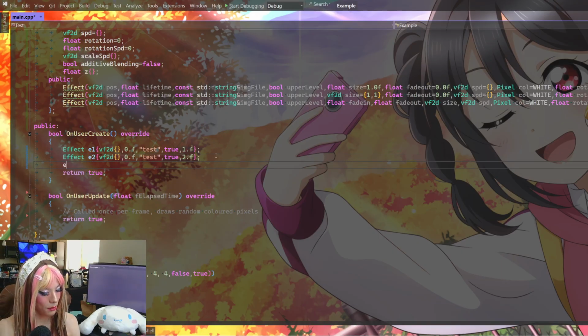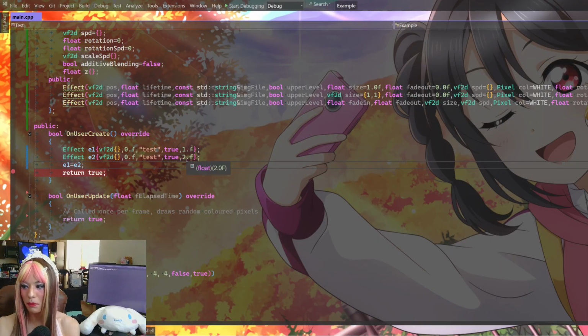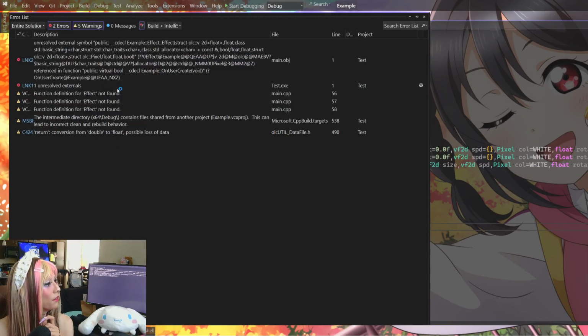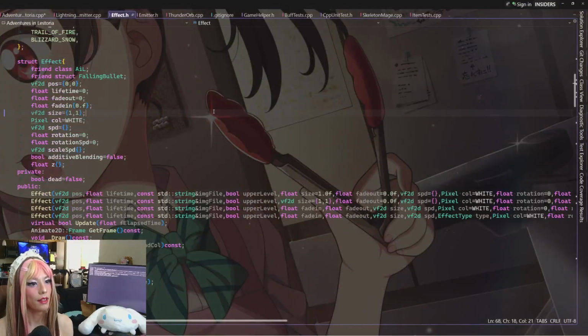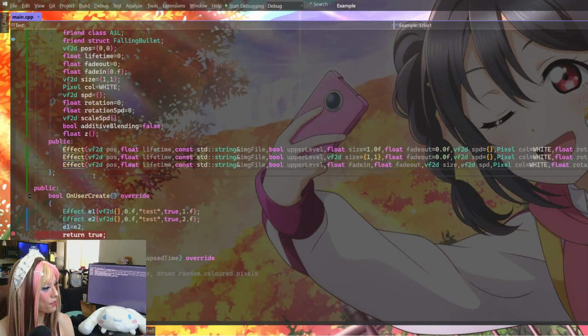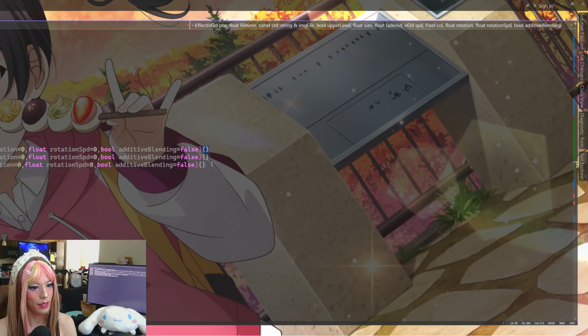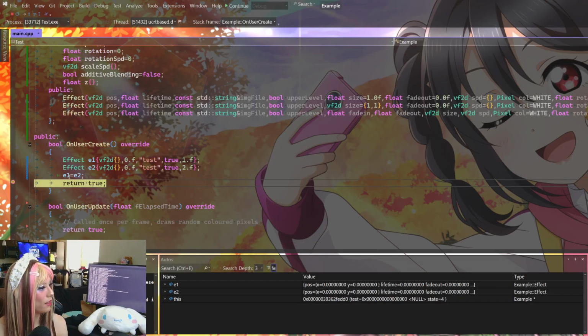Okay. Let me just say E1 equals E2. It looks like IntelliSense is happy about that. So I guess it's copyable as long as all the members in it are copyable. What is this? Effect. Example, effect, effect. Oh, it wants me to actually implement these. Let me just put dead functions real quick. Actually, let me inline it. That's actually easier. Okay, so as long as all the members in a class or struct are copyable, then